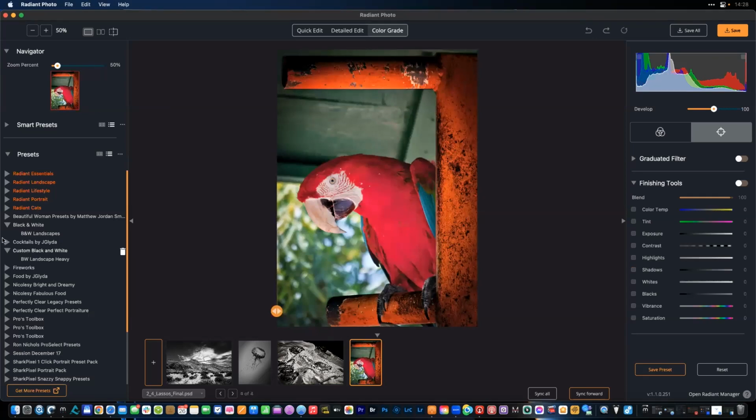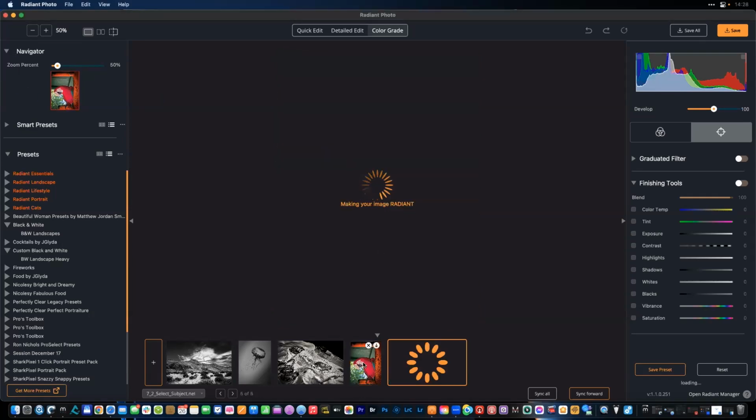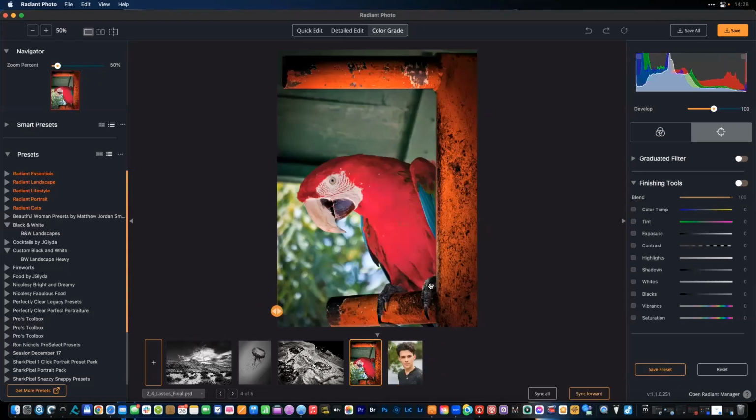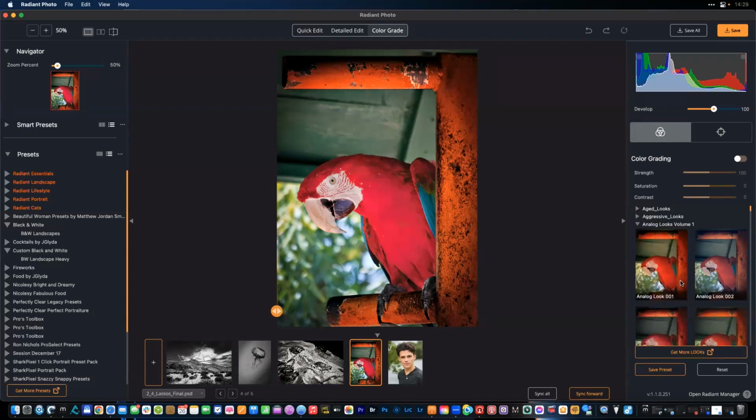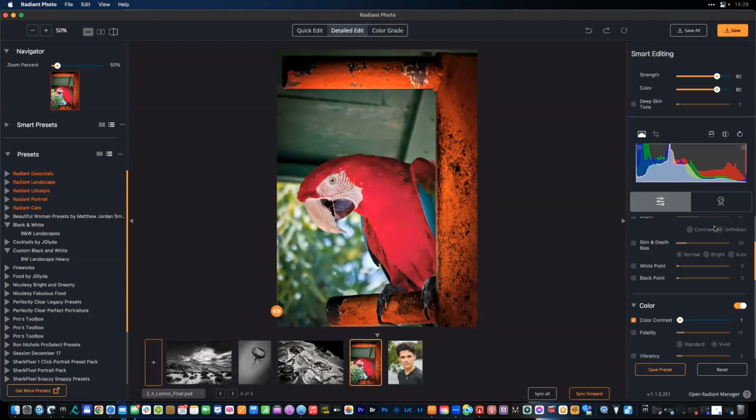So sometimes you're going to have a subject that's super lush, lots of detail, lots of color, and you really want to pull that in. And then I also have a portrait, and we'll do that one next. There we go. Perfect. Okay. When you've got a really dominant color here, like the red, it's important that you evaluate which color you're going to emphasize. So we'll start right away here, and I'm going to come in to the detailed edit